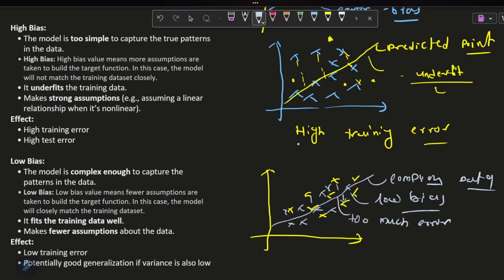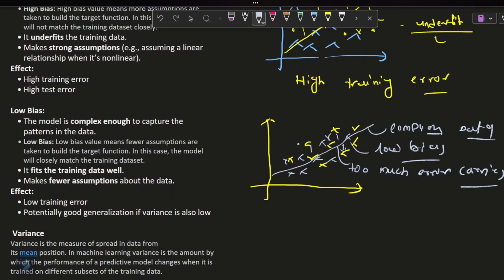Too much error. That is a simple concept. When the model fits the training data well and makes few assumptions about the data, it becomes a low training error, right? And contrarily,